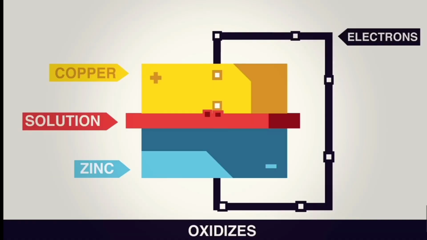How batteries work. So let's forget about batteries at all. If you take a zinc block and a copper block and fix them in such a manner that there is an ionic solution in between them, let's say a salt solution. So here is your zinc block, here is your copper block, and in the space in between them there is salt solution,